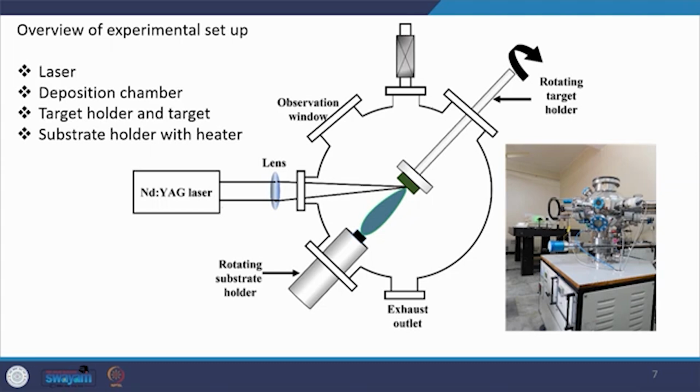You can have a rotating substrate holder or a fixed substrate holder also. Rotating means that if we want to deposit a very uniform film, one can rotate the substrate, but it is sometimes difficult because a heater is attached to the substrate holder. There are also observation windows available through which you can do diagnostics